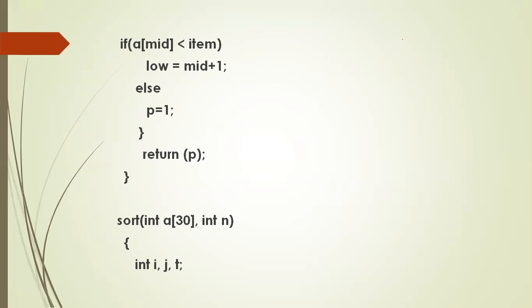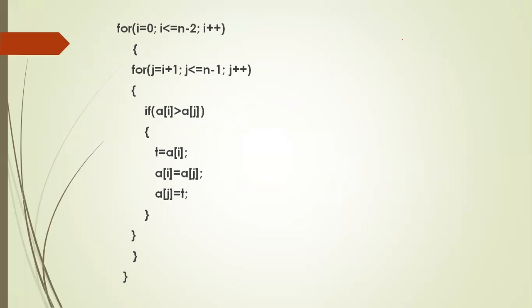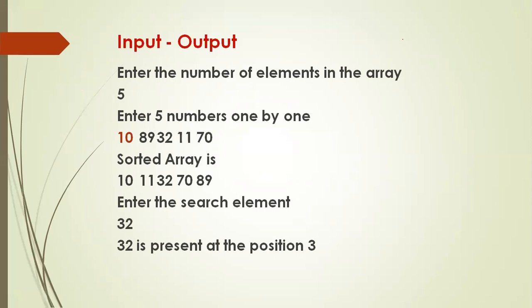So here what happens is the array must be in sorted order. For that, I have written an extra function called sort also, so that even if you give the elements in a different order, the computer automatically sorts them and keeps them. This is a looping statement for sorting that you can check in your first year part, because there you have studied one program to sort an array element. Same logic I have applied here also.